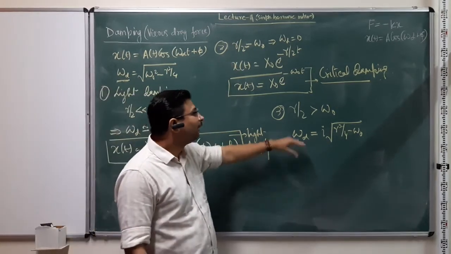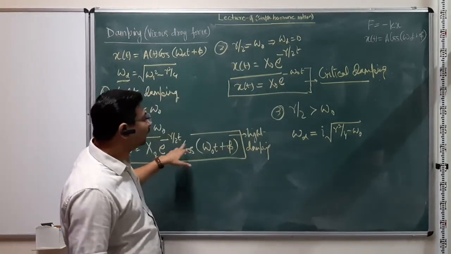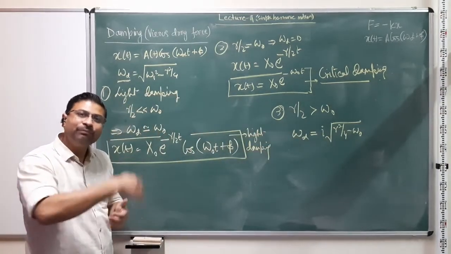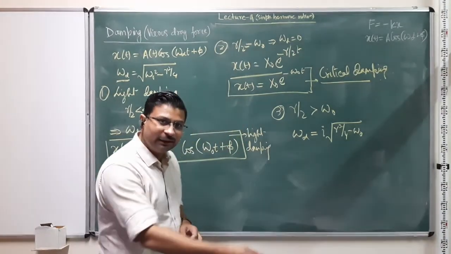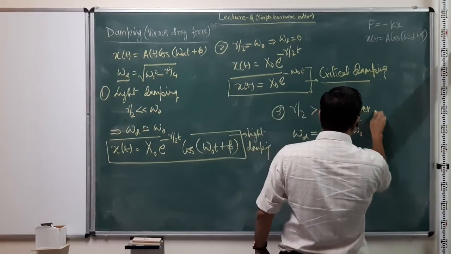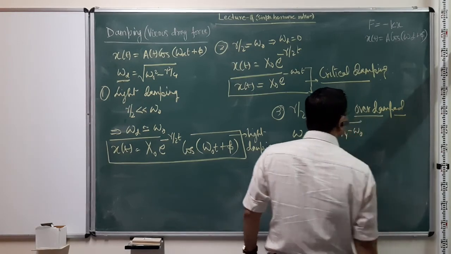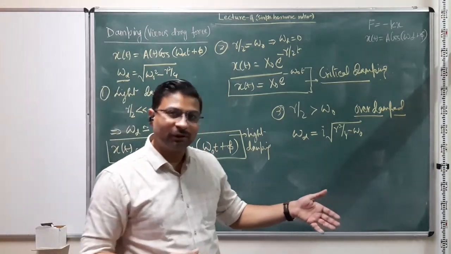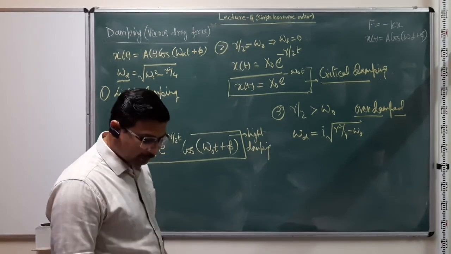There won't be oscillation, and since gamma by 2 here is much larger compared to the natural frequency of the system, it is simply going to lose amplitude at a much faster rate, and most probably will come to a halt in a very short amount of time. Right? So this is then called an overdamped system or overdamped case, right? Where the damping is so strong that the system never even tries to oscillate. It basically simply loses amplitude and dissipates all the energy against the dissipative force.